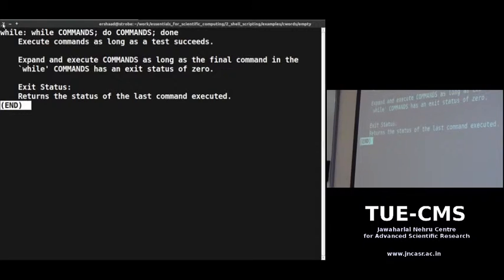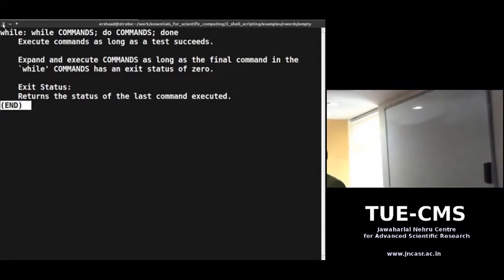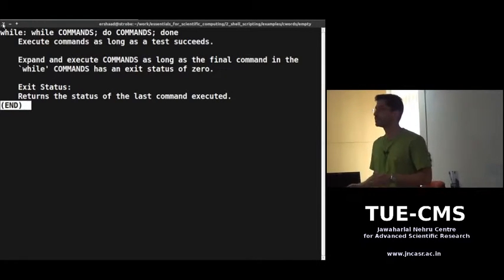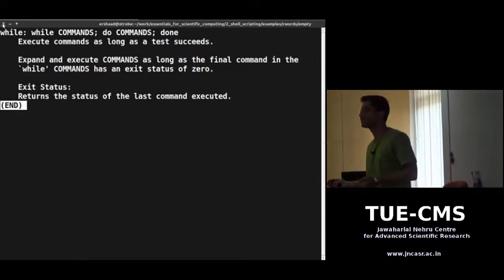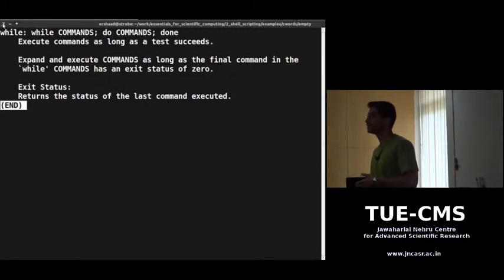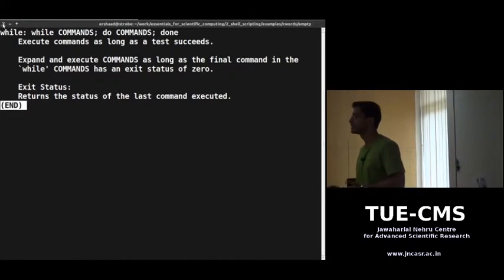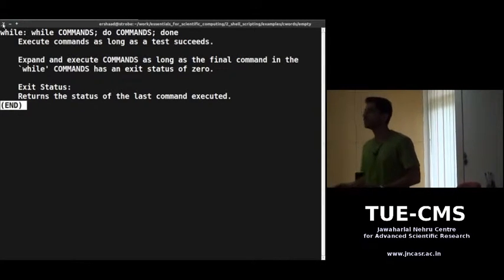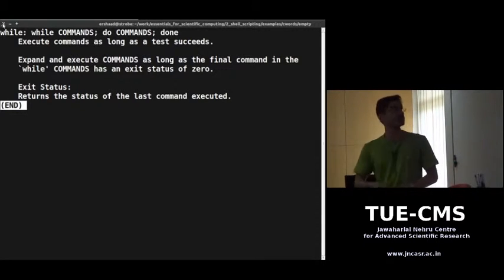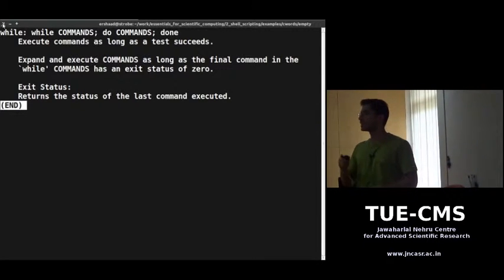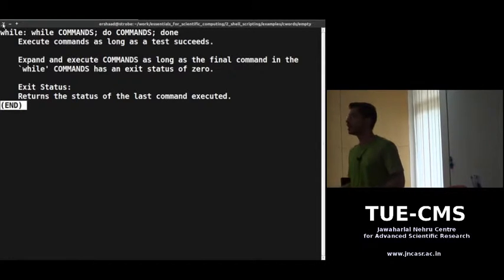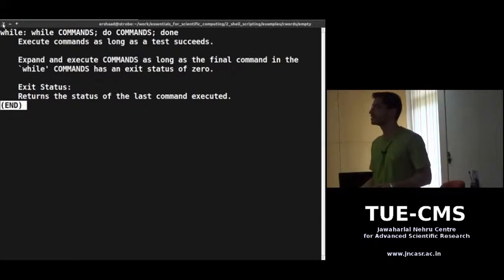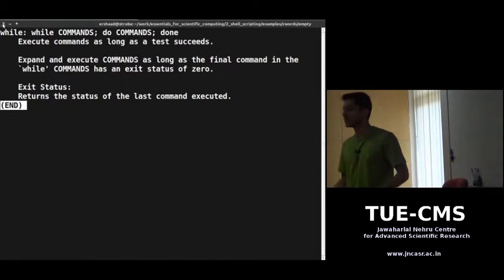So usually when do you use things like this? Suppose you want to write a quick loop that deletes files. Suppose you have files called dataset and some number, you have 100 of these files, and you want to delete all the files from dataset 0 up to dataset 10. You would write a quick loop like this on the command line: for i in sequence 10, do rm dataset $i, done. Now you don't need to put this in a script and then run it. That's a hassle, so you just do it on the command line directly.